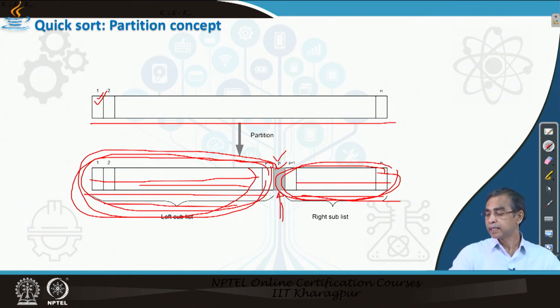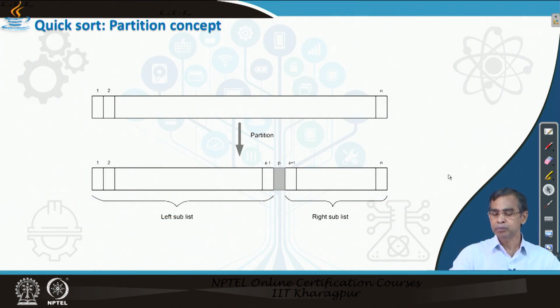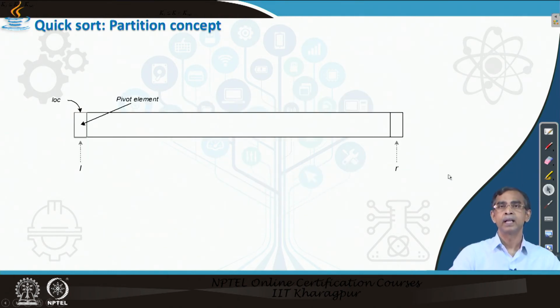Now, let us see how this partition operation can be done. There are many algorithms available in books here and there. So, partition can be done following any one book. I am telling you one idea about how the partitioning can be done. So, the idea is that suppose L and R are the two extreme locations, and this is the part of the list, whatever it is, the initial list where we have to place the pivot element into its final position. Now, from here we have to look and we can swap this element if we